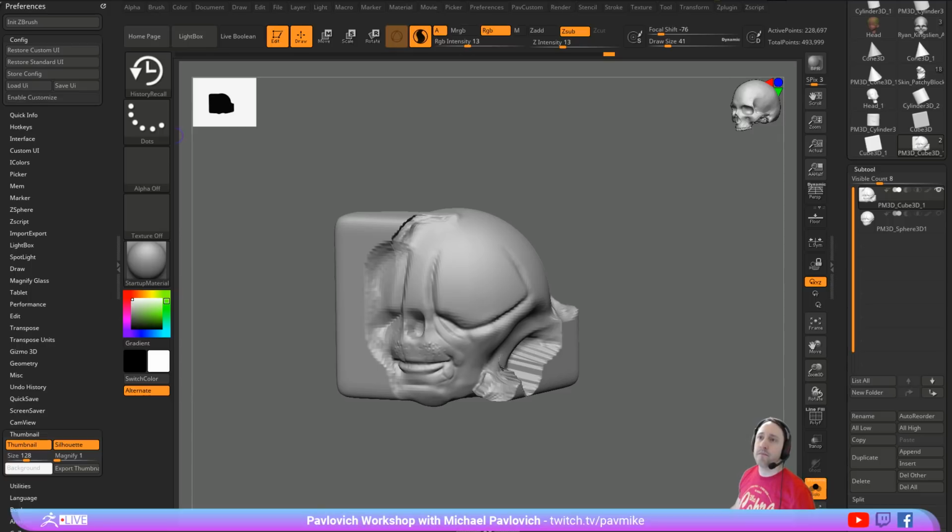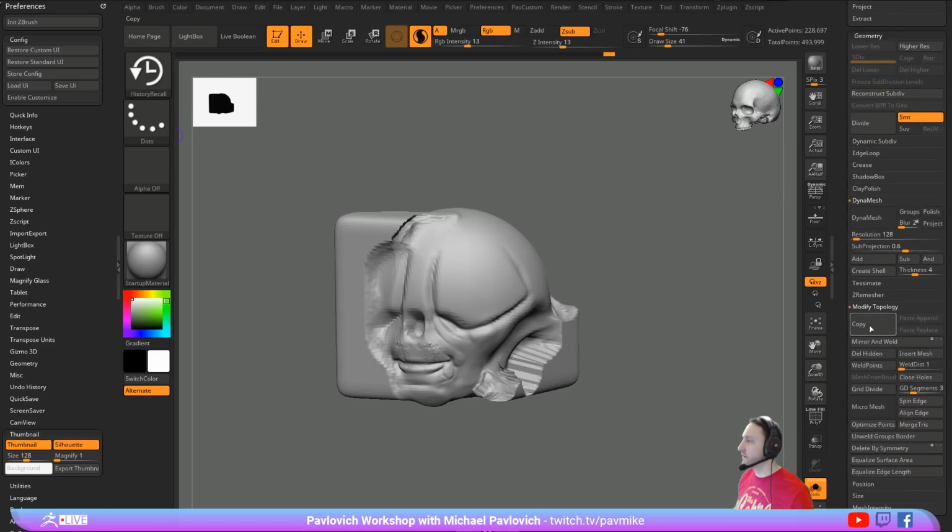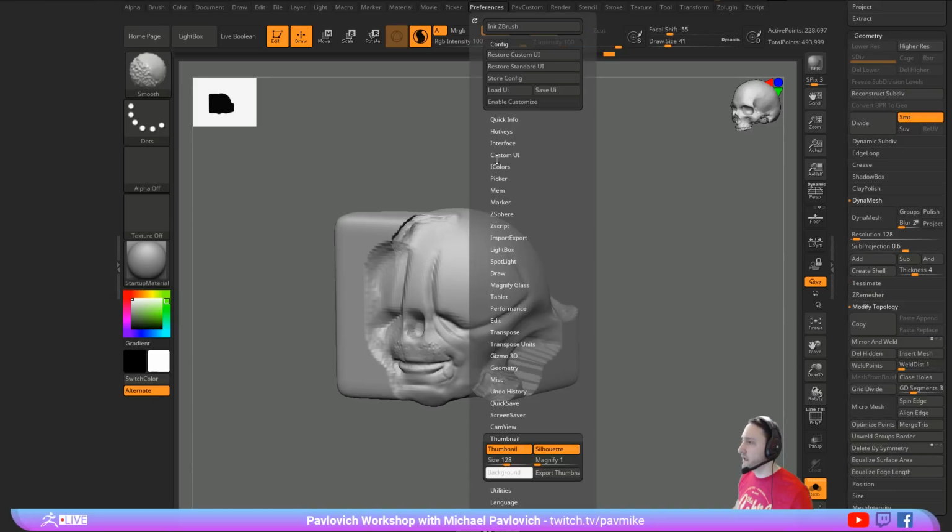How do you tell ZBrush not to auto-close UI groups? When you're going through here on the right side, you can hold down Shift, and it'll do it. It's under Preferences. I want to say UI menu. It's in the